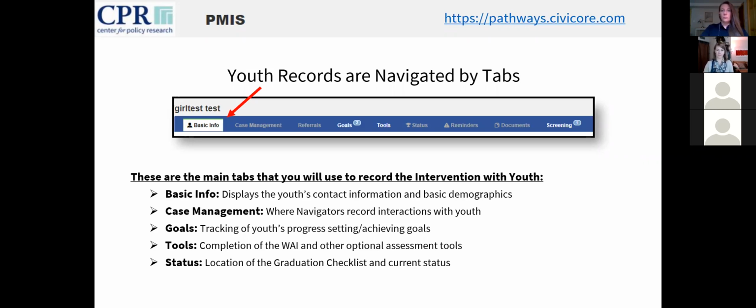The tools section is where you will find the WAI. There are a couple other optional assessment tools that are on that page, but mostly you'll go here for completing the WAI. And then this status tab is where you will go to change the youth's status if their level